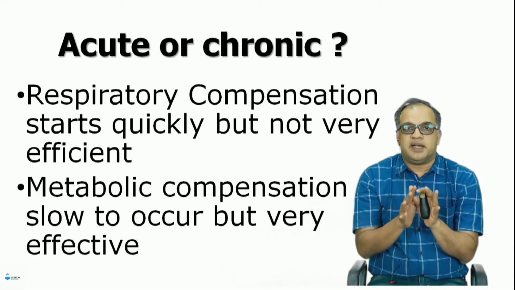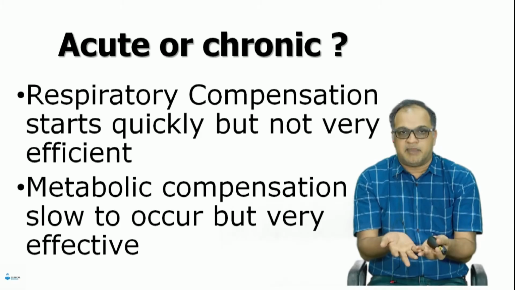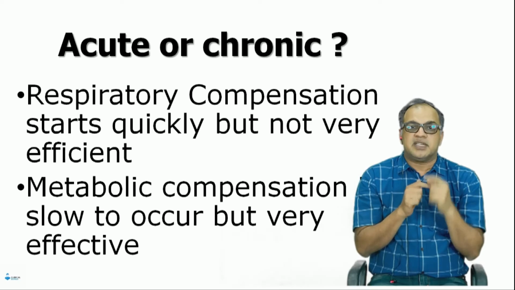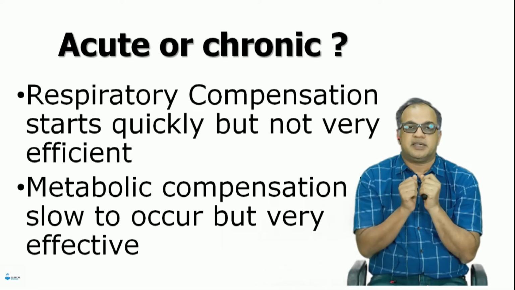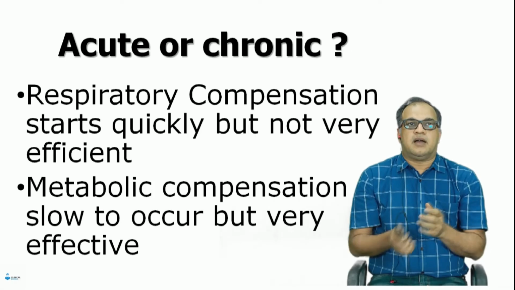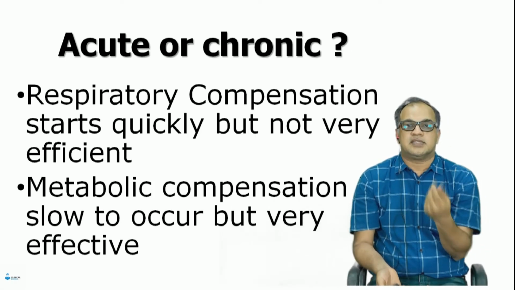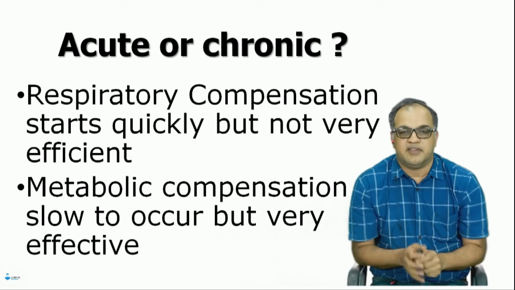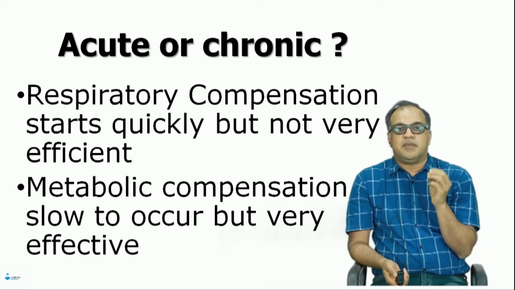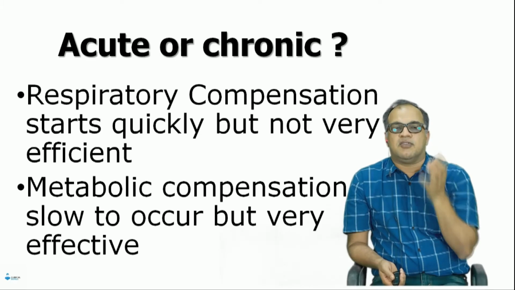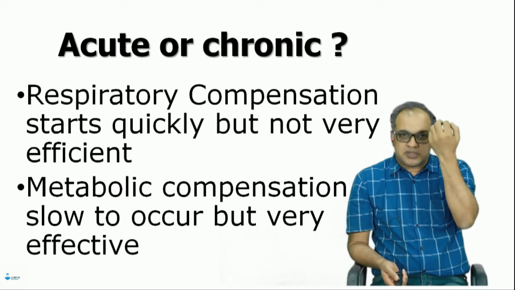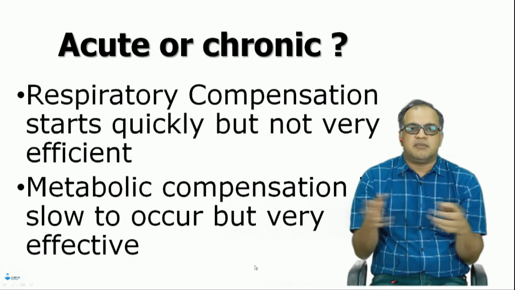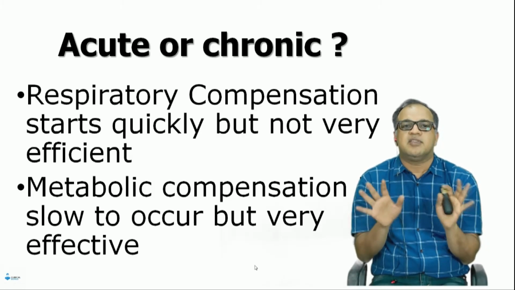Now, a respiratory change is compensated by metabolic and vice versa. But respiratory compensation is very quick, but it is not very efficient. Why? Say, let's inject H2SO4, sulfuric acid, 2 ml in a person's vein. It will be a disaster, but anyway, for the sake of argument, we put 2 ml H2SO4 in the blood. Suddenly the pH goes bonkers. The pH goes very low. What will the body do? Initially the buffers will work, bicarbonate will work, but nothing will work eventually.